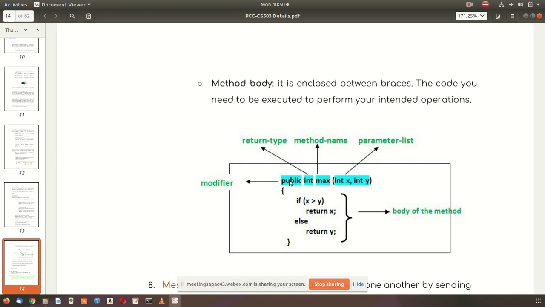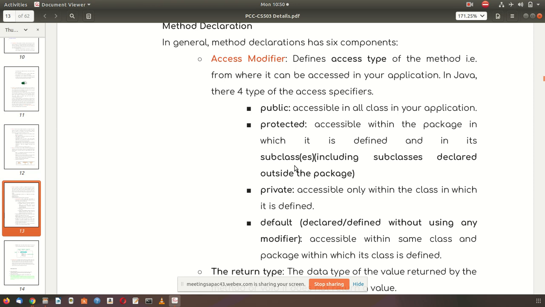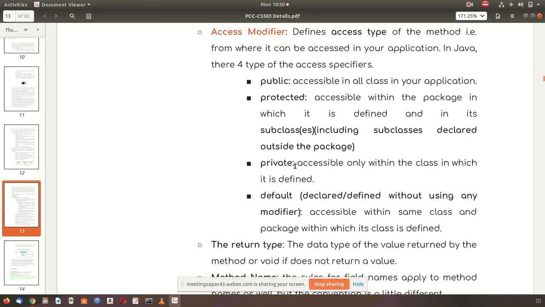If we forget to write the modifier, whether it's public or private, then by default it is made public. So for any function or any data inside a class, always mention the modifier. There are three types of modifier: public, protected, and private.